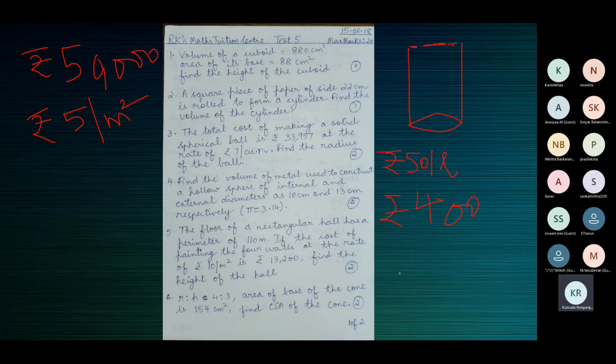See, you have a cylindrical vessel. You want to fill oil to the brim of this vessel, to capacity. And oil is sold at the rate of 50 rupees per liter. You fill this container entirely with oil and your total cost is 400 rupees. Now what does 400 by 50 indicate?